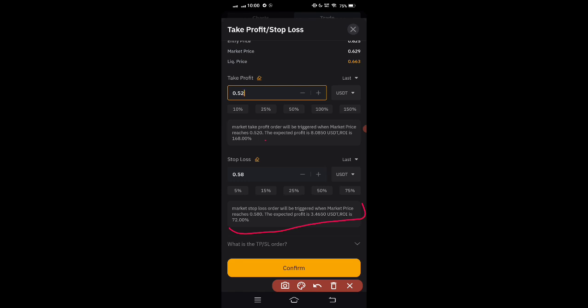Can you just see that? So that means if the price target TP doesn't touch 0.52, it will come back to 0.58. I will still be in profit. Is that clear? So if the price continues to go down,